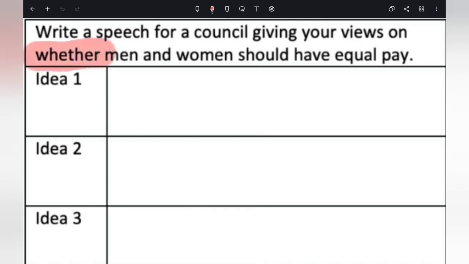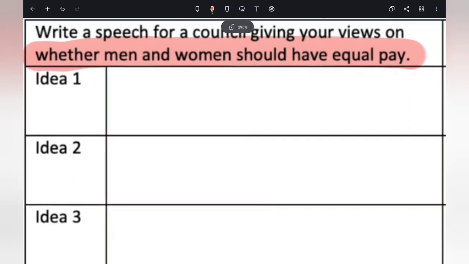Okay, so that is an interesting question because, like I said, it's something that is again spoken about on the news quite often, and you want to make it sound convincing and compelling. And like I said, you should be doing research during the holidays, and this should allow you to provide an in-depth understanding of this topic. So that's that. You can use this idea 1, idea 2, idea 3 to plan